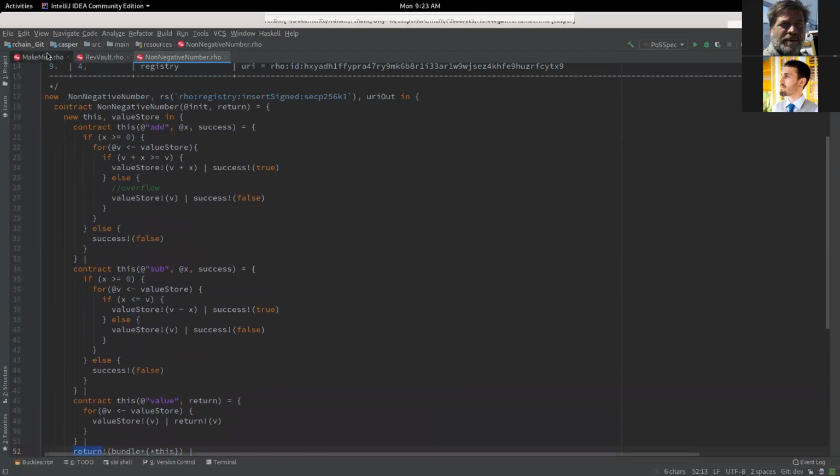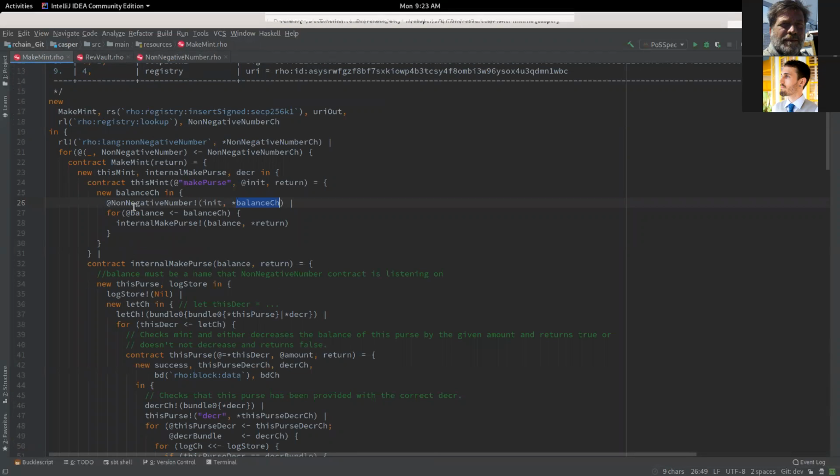Okay, so going back to this MakeMint stuff. We do this. So we have this contract, this mint, which is basically how we work with the particular tokens that we just minted.